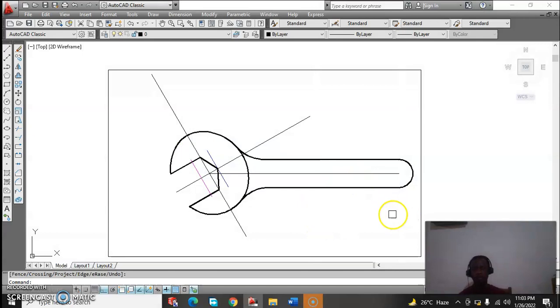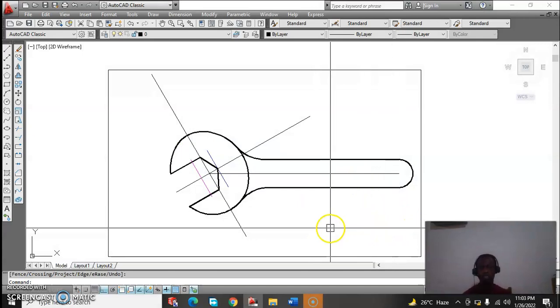Sorry, my battery is running down. So basically, this is how we could draw the spanner. It's very easy. My battery is running down. I have to end here. If you try, I'm